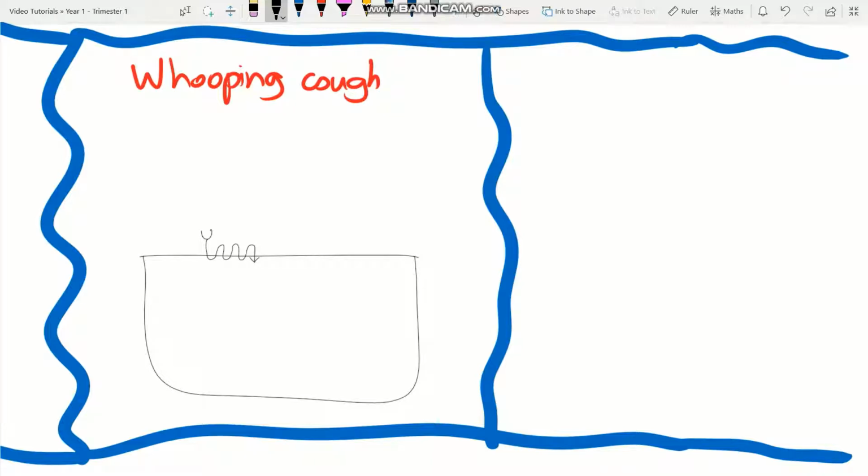And essentially what happens is that there are two types of G protein coupled receptors, inhibiting receptors and stimulating receptors. But in this case, the inhibiting receptor is activated by the Bordetella pertussis bacteria, which essentially means that